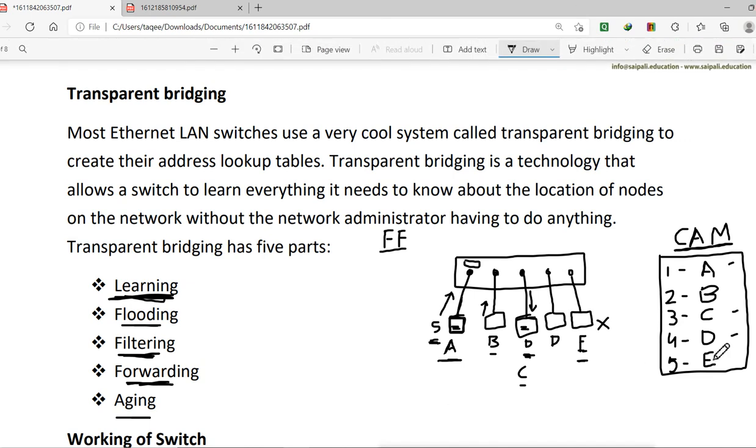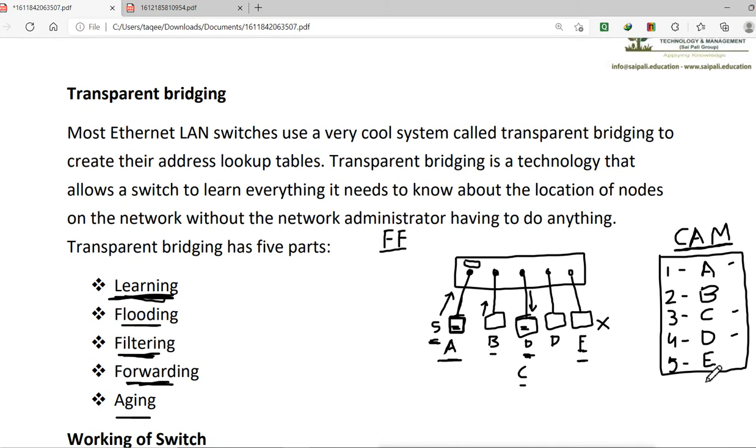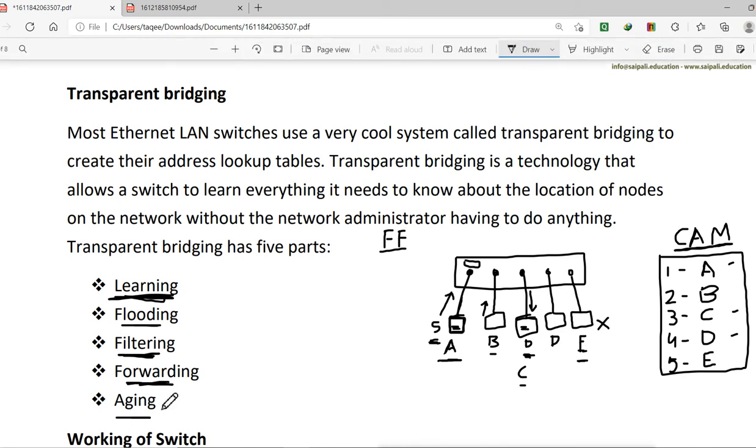So the CAM table entry of a MAC address will not remain for a lifetime. If it is not in use, after a specific time it is going to remove that entry, and that is aging.